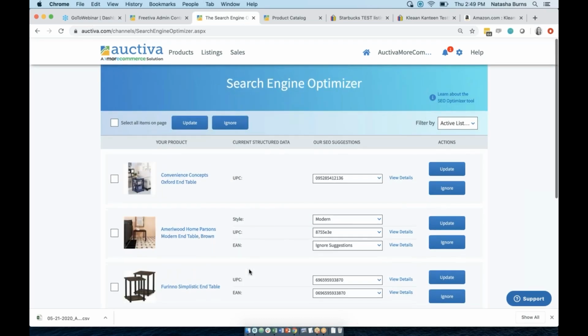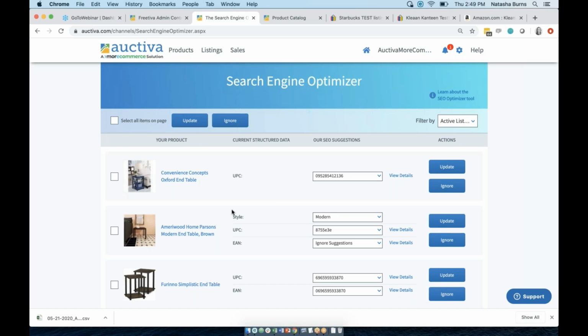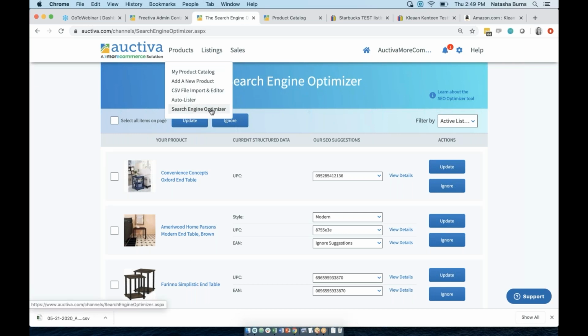So the Search Engine Optimizer, although I only have 3 examples, looks different for everybody. It just depends on what product you're selling and how much data you have available in your listing. I would encourage everybody to go check out their Search Engine Optimizer and see what your